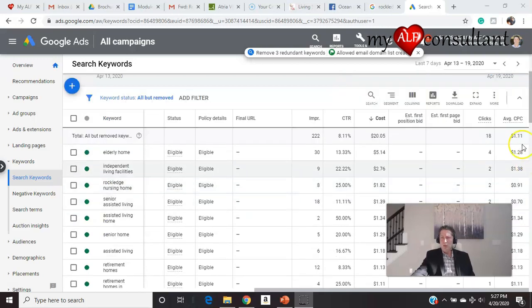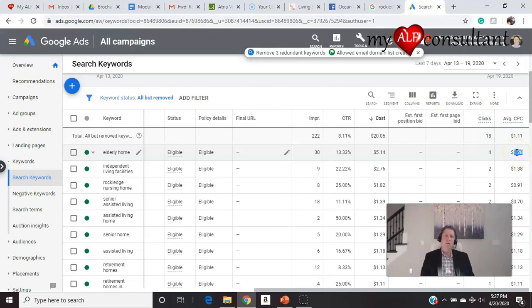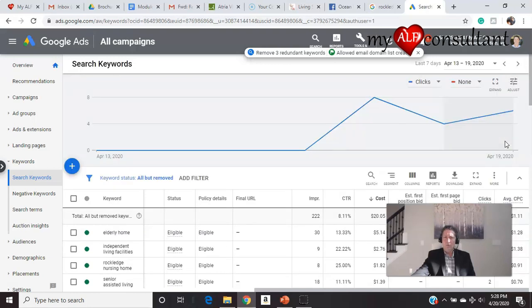And then she only paid $1.28 for each one of those clicks. So let's just say, for those 4 people, you're not going to get a client. But let's just say we let this run. So total, you've had 18 clicks, and average cost is $1. So $18, and it's only been a few days. I think we're doing $5 a day, something like that.